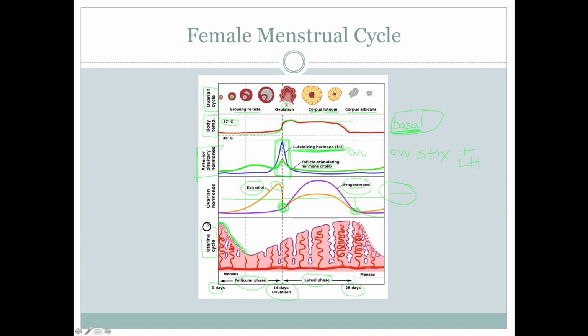It has some different names that we'll see in a little bit. But you'll see at the beginning of menses, the wall sloughs off. Anytime estrogen is low, the wall will slough. That's important for patho. And then what happens is during the follicular phase, the uterine lining starts to grow. So we have these small little arterioles here, and they're going to start branching and branching and then become spiraled.